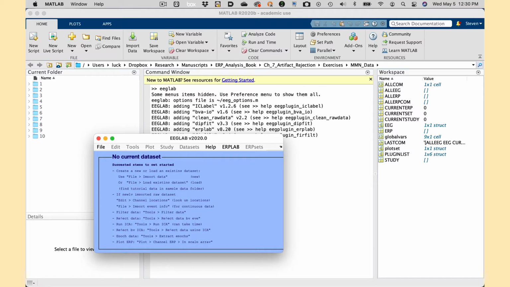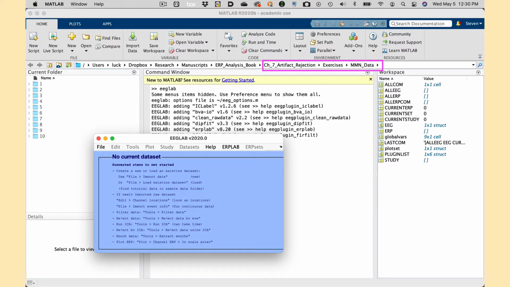In this video, we're going to scroll through the data from subject number 1 in the ERP Core Mismatch Negativity Experiment, which has the kinds of artifacts we see in most studies with adults. I'm going to go pretty quickly, and I encourage you to follow along in EEGLAB, pausing the video when you want to take a closer look.